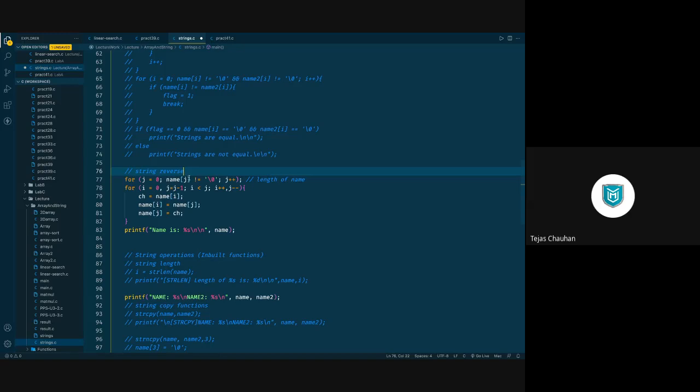So for that, सबसे पहले आपको एक length find करना है. So we run a loop and we find the length. जब null character मिल जाए, you stop it. That will be your length. So your starting position will be 0 and ending position will be the position of null character minus 1. That will be your last character.